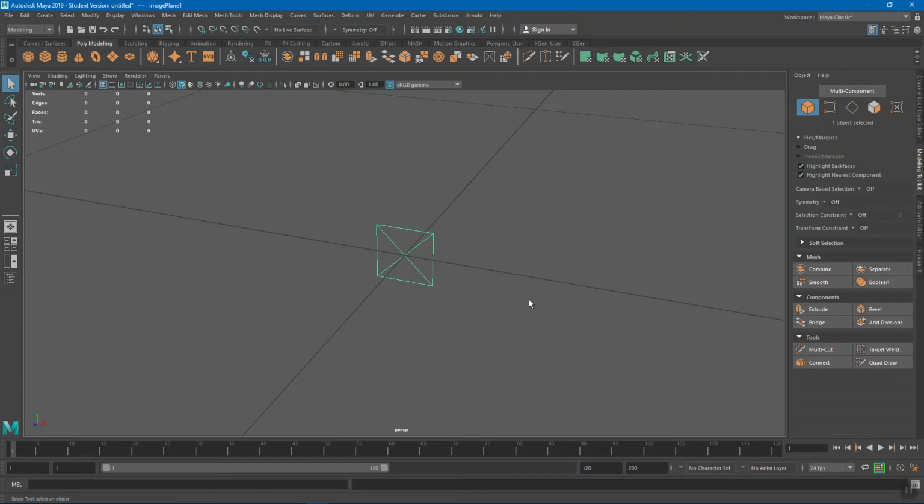for the love of all the things that are good, spend the money to get a three button mouse. Your life will be so much better. In particular, if you've got a nice laptop but you don't have a mouse, get a mouse. Pretty much all of them by default nowadays are two buttons and a scroll wheel, which is a three-button mouse. If you try to do this with a touchpad on a laptop, it is going to suck. It is not going to be a fun experience. Get a mouse. It doesn't have to be an expensive one. So remember, Alt left, Alt middle, Alt right will allow you to rotate, move, and zoom